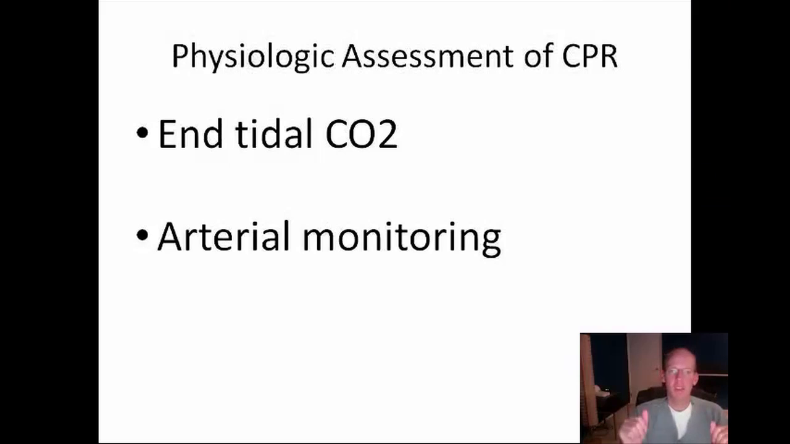So how can we assess how well we're doing with CPR? I've alluded to this before. These are new 2010 guidelines, continuous physiologic assessment of CPR. Now the easiest way to do that is doing continuous CO2. But as you get additional resources there, you can actually assign someone to place an arterial line, which also gives you valuable information. So the ability to monitor both of these would be ideal, but let's talk about each one